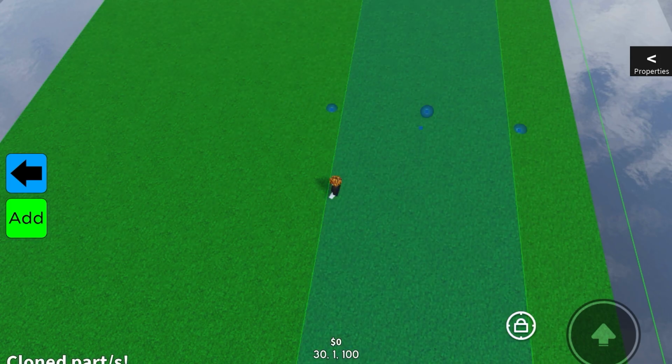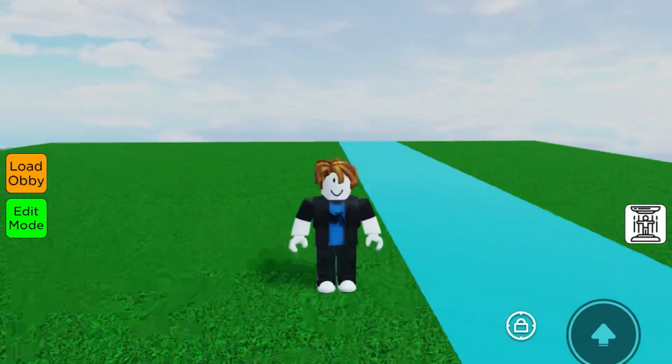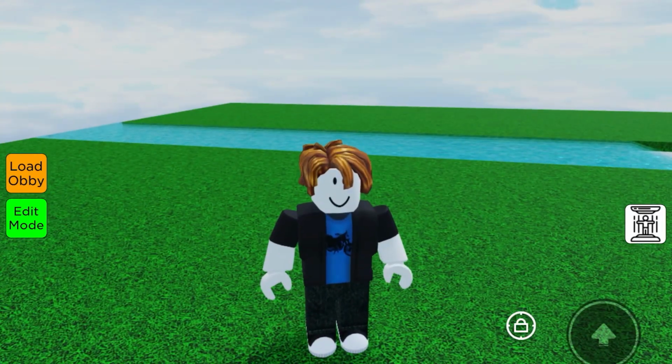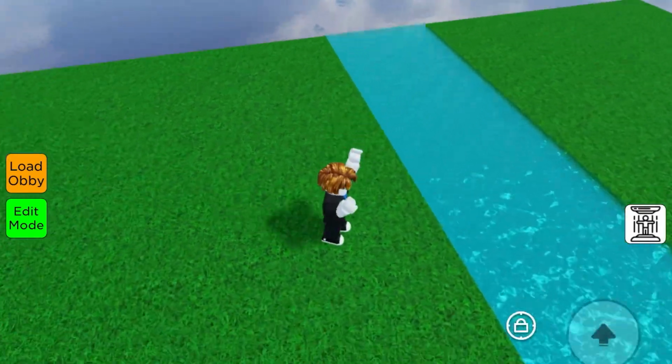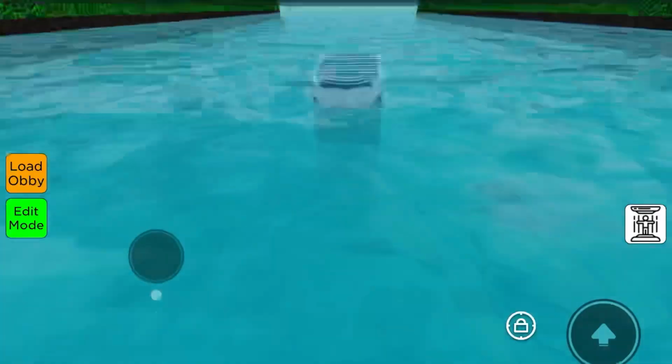Now I'm going to make a river as I also want this to be a semi-survival game where you need to drink water or you'll dehydrate and have to restart. After some time I've almost finished the river and this is how it looks like right now. You can swim in the river and I made it in a way where you can always see the water